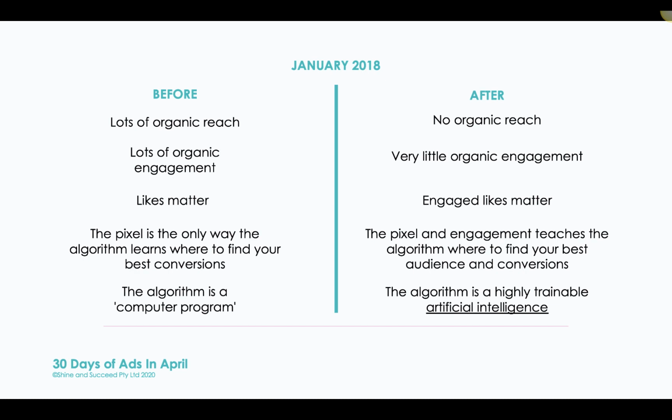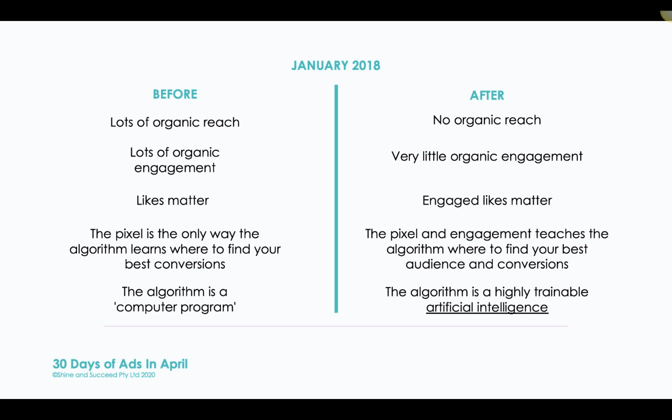Then after they changed the algorithm, what happened was organic reach dropped tremendously. That's when everyone started saying Facebook is now a pay-to-play platform. In other words, if you're not paying, Facebook's not showing your content to people, which is not true. You can still get organic engagement, but your content still needs to be engaging, right? Getting people to your blog posts is not going to work because Facebook doesn't want you to send them off of Facebook. Getting people to your lead magnets on Facebook is not going to work unless you're paying for it. But you also need to be creating engaging content.